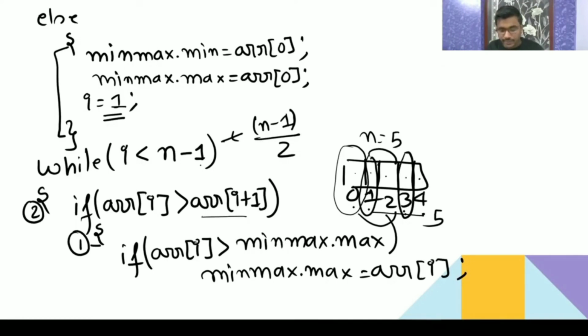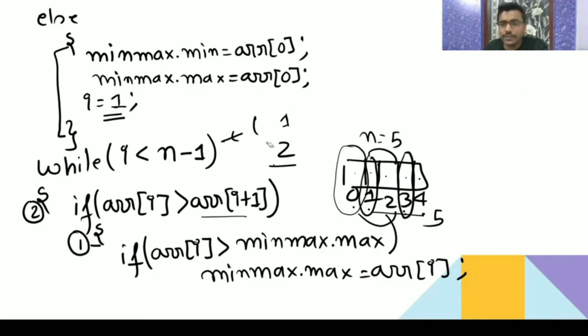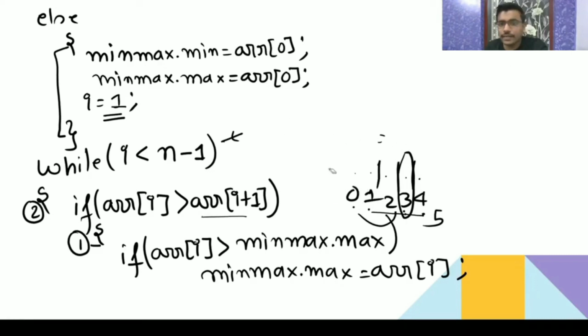Please let me know whether it is clear or not. So the total number of times this loop will run is (n minus 1) by 2. For an odd number, when n is odd, this while loop is going to execute this many times. Now, every time this while loop runs, it is dividing by 2.